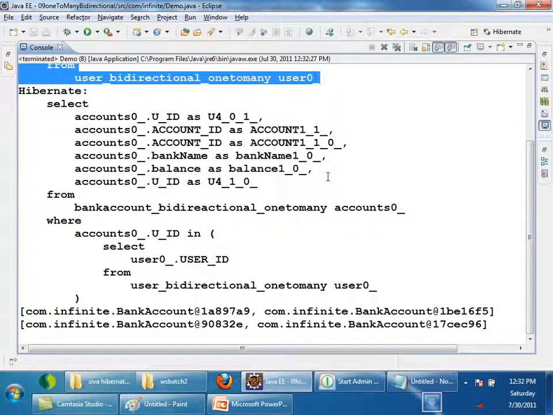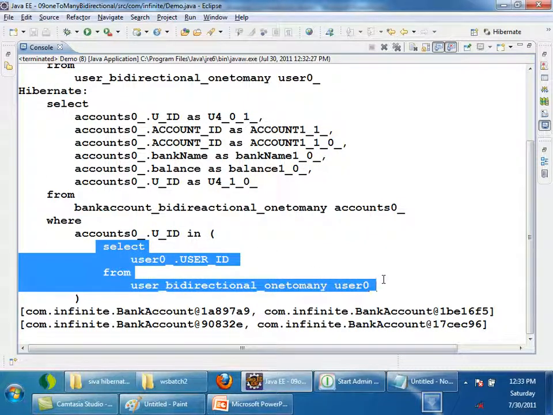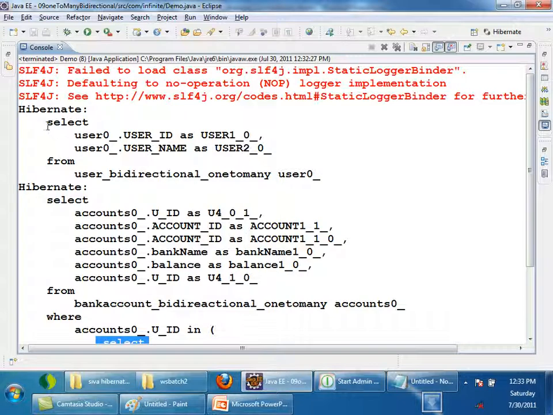When it is trying to get the first account for the first time in the loop, it is trying to initialize that accounts, right? It is firing a subselect, which will fetch all the related accounts which are required inside this query. Same query as here.